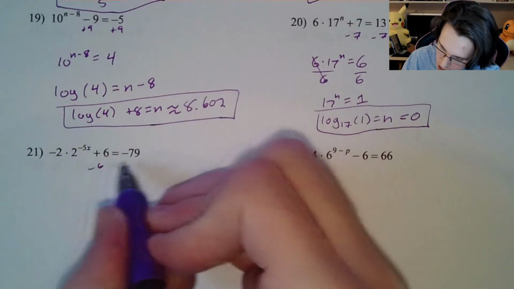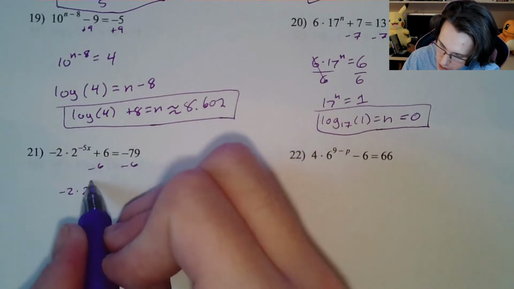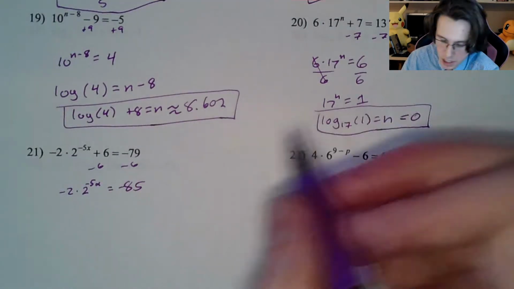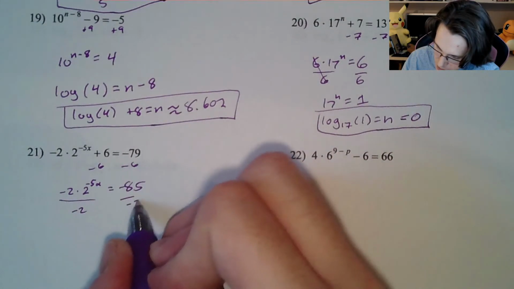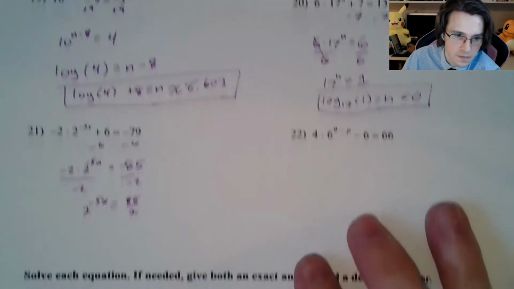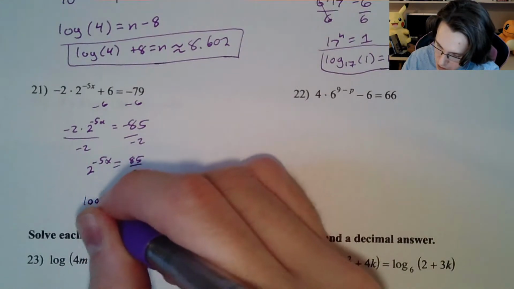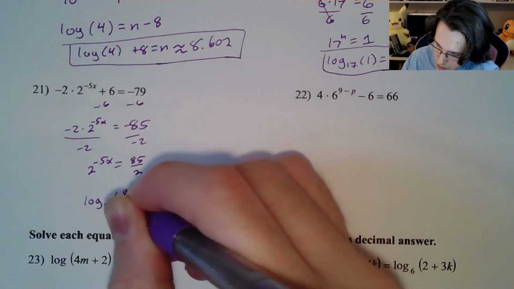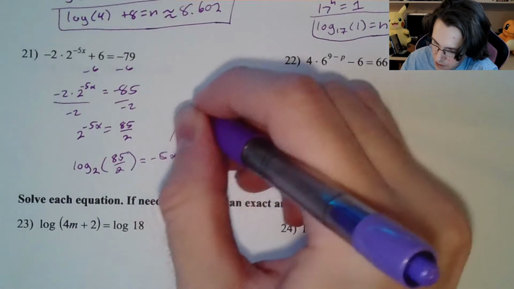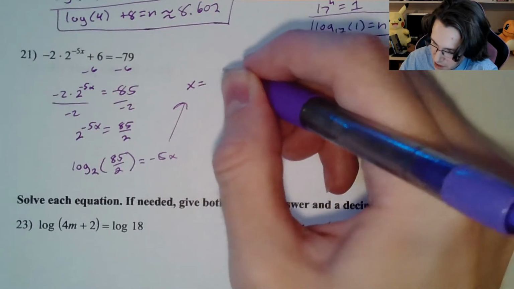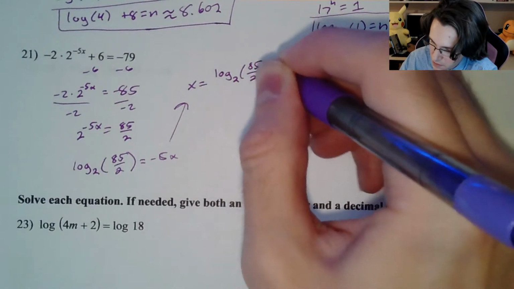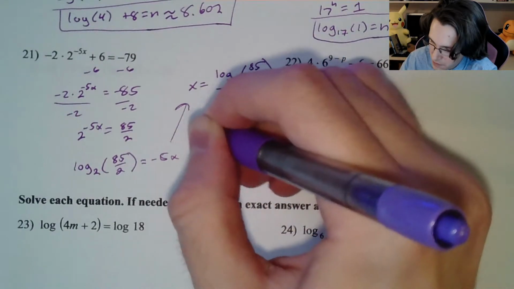So we're going to subtract 6 on both sides. We're going to divide both sides by negative 2. And then we're going to use our log loop. And divide both sides by 5. I'm going to write my answer up here. X is exactly equal to log base 2 of 85 over 2, all divided by negative 5. So X is approximately,